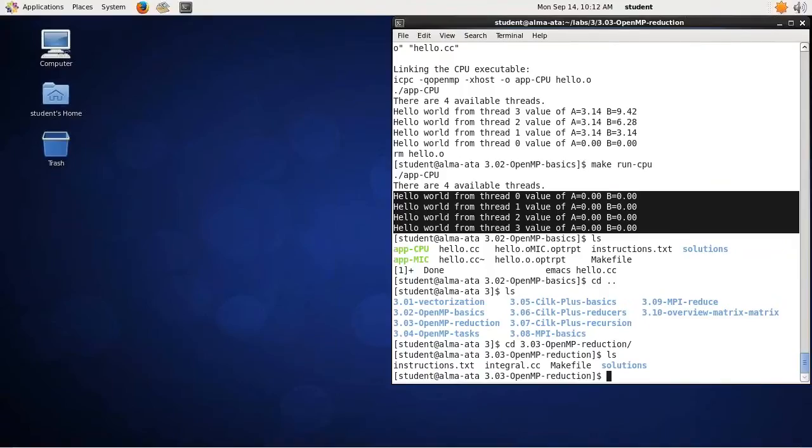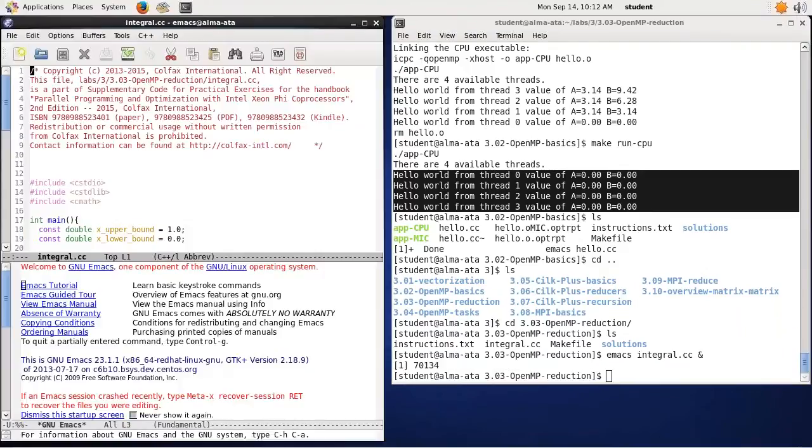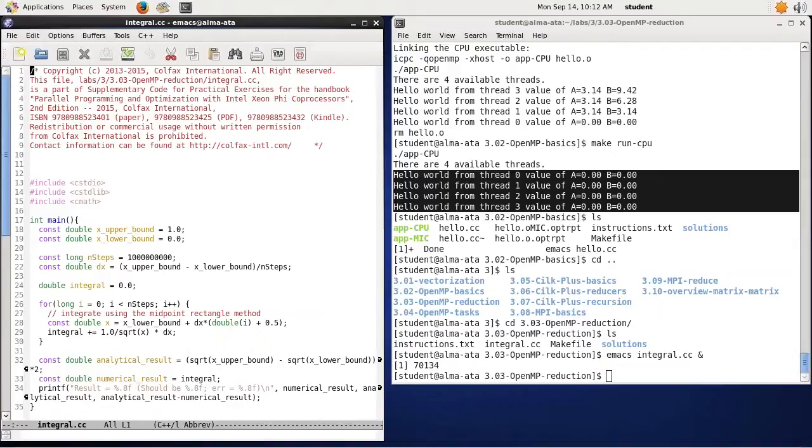The next lab in 303 is actually going to do something meaningful. Now we are going to try to use threads to a good effect. We are going to perform numerical integration of a function using the midpoint rectangle method. So this is the core of my application. What it does